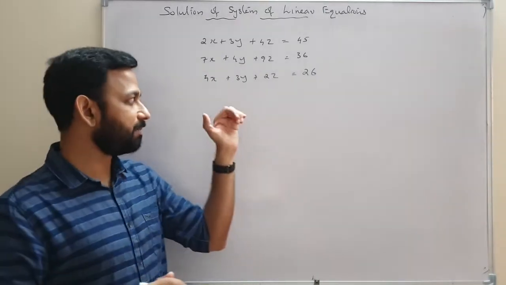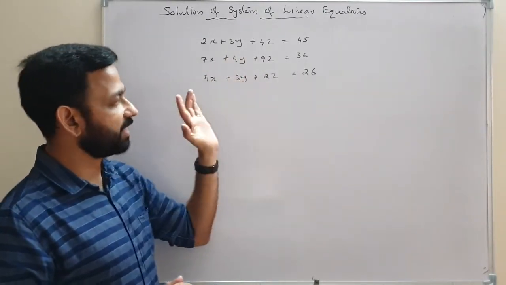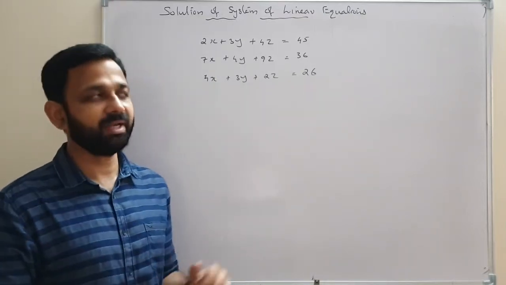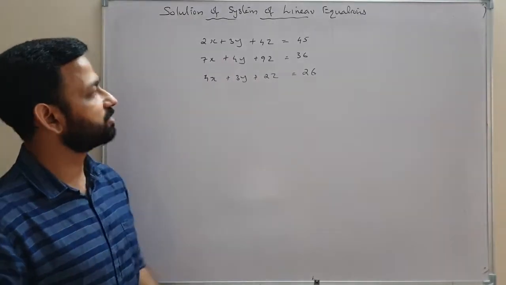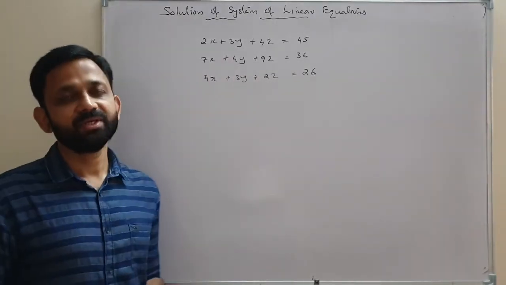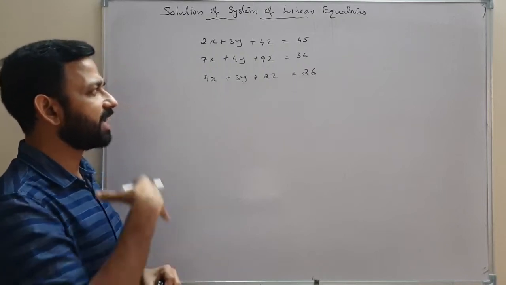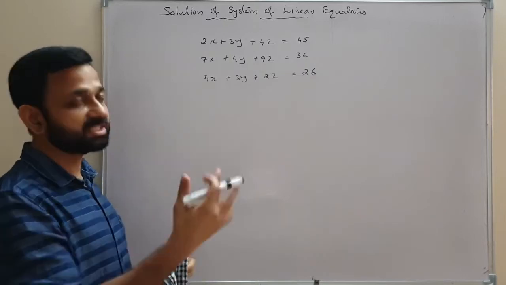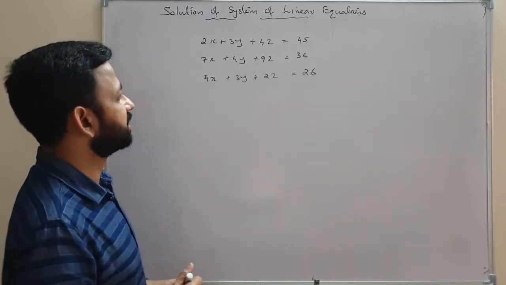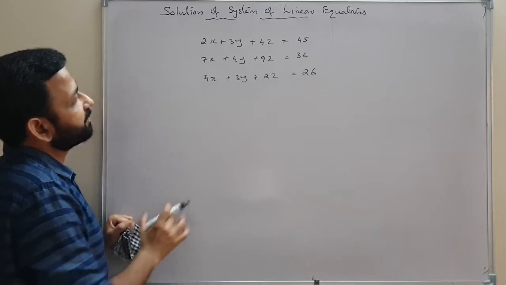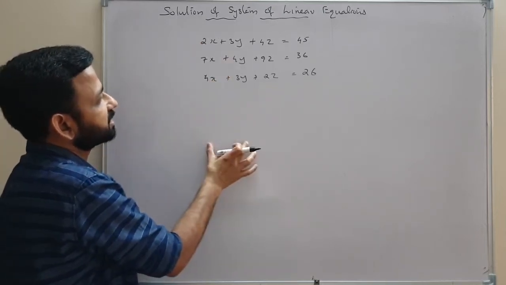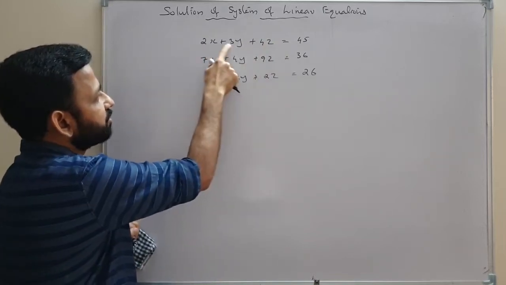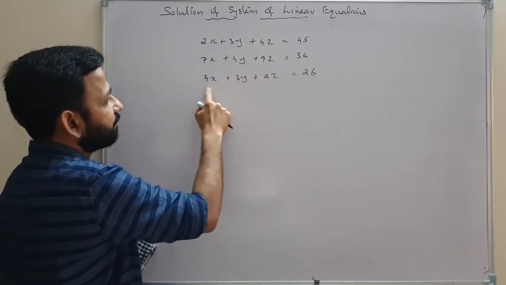By using matrices, we can find the values of x, y and z. That method is called the matrix method. Here, first we have to reduce these equations into a matrix equation. To write it as a matrix equation, we first form a matrix using the coefficients of the variables. The coefficients of the variables are 2, 3, 4, 7, 4, 9, 4, 3, 2.